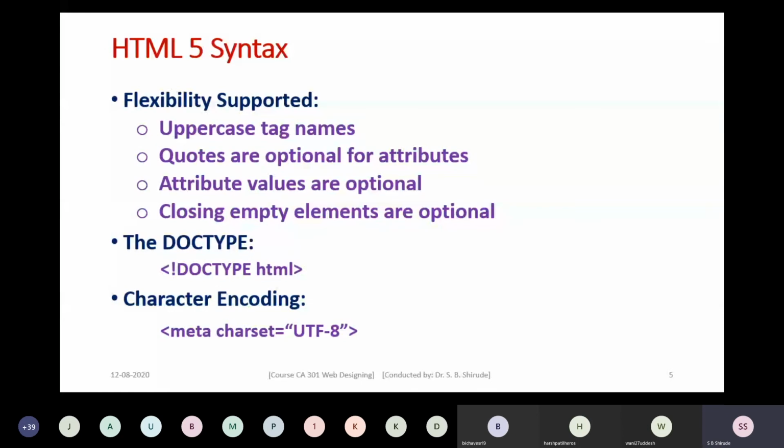What sort of flexibility does it support? It supports uppercase tag names and lowercase tag names, meaning it is case insensitive. Then quotes are optional for attributes. If we specify attribute values in double quotes, then it is okay. If we ignore the quotes, still it is okay. It will not give any error. It will render correctly.